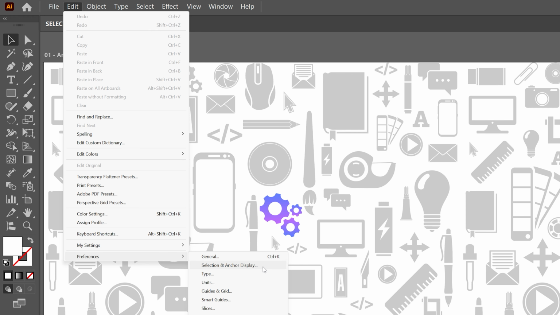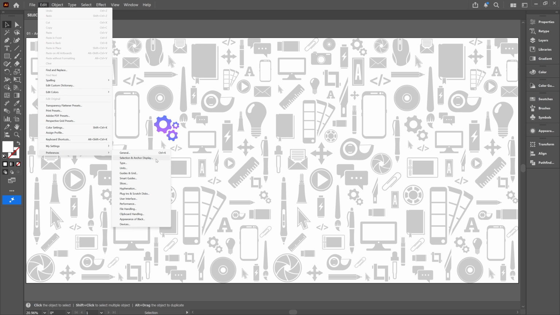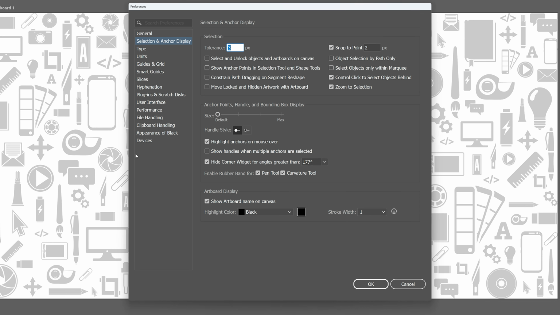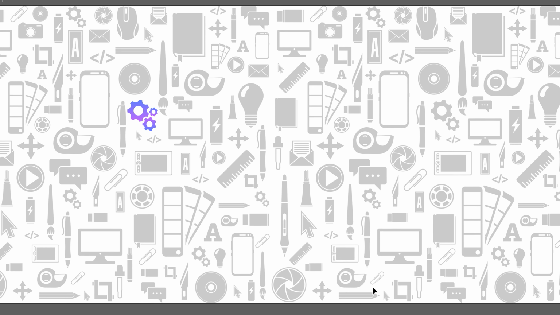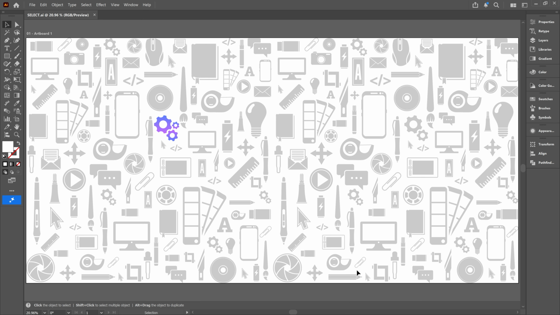On a Mac, the instructions are slightly different. You would click on the word Illustrator in your top bar, and then choose Settings, Selection and Anchor Display from there. Now, if we click on that, then we bring up our Preferences menu. And the option that we're looking for is over here labeled Select Objects Only Within Marquee. So if we check that box and then hit OK, and now we'll try to do the exact same selection,